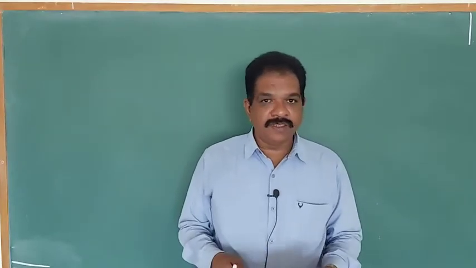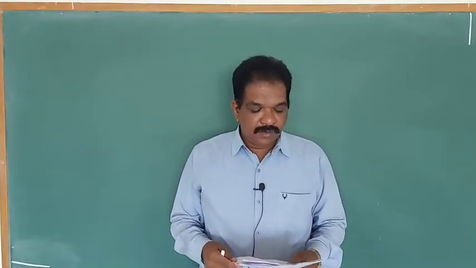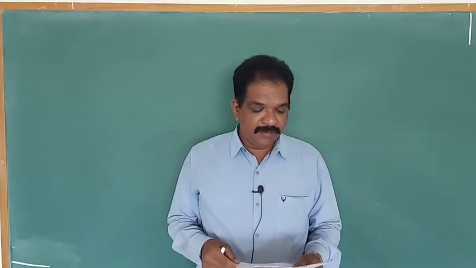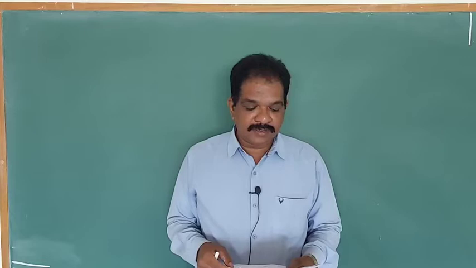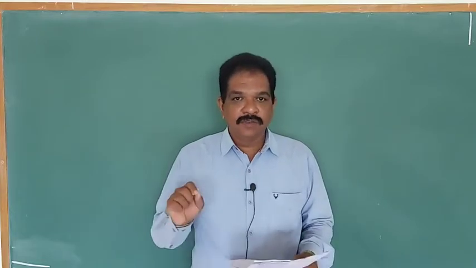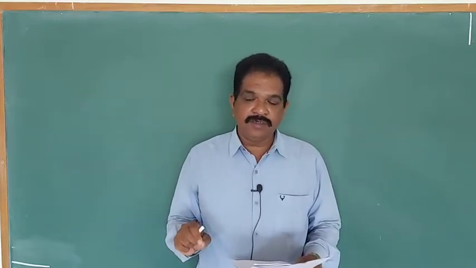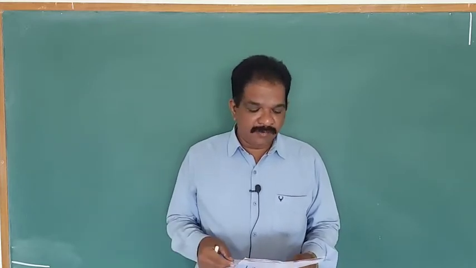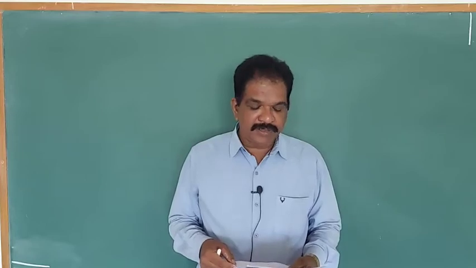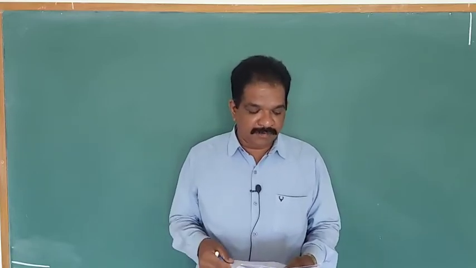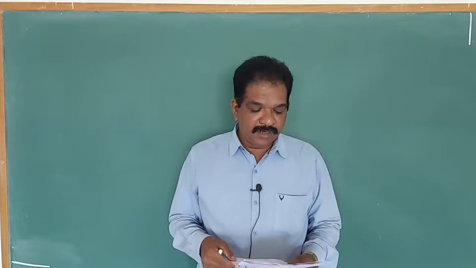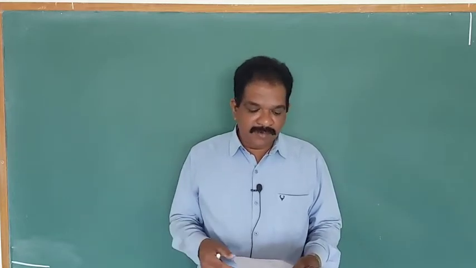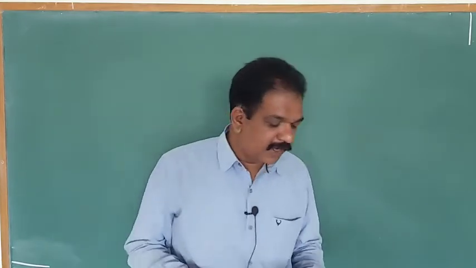Problem number 46. Two masses MA and MB, with MA less than MB, are weighed using the same weighing machine. Using the same weighing machine, they measured the masses. Two masses MA and MB, the relation will be MA less than MB. Absolute error and relative error in the measurements are. Error will depend on the actual reading.